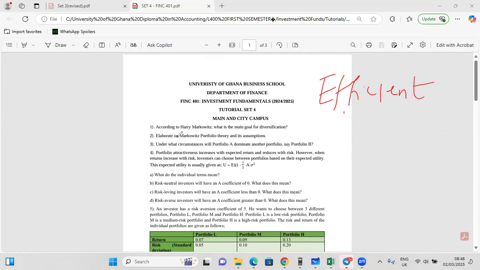Efficient frontier. So the efficient frontier is a graphical representation of the optimal portfolios that offer the highest expected return for a given level of risk. So if you watched the portfolio theory video or you joined class, you saw that there was something like this,